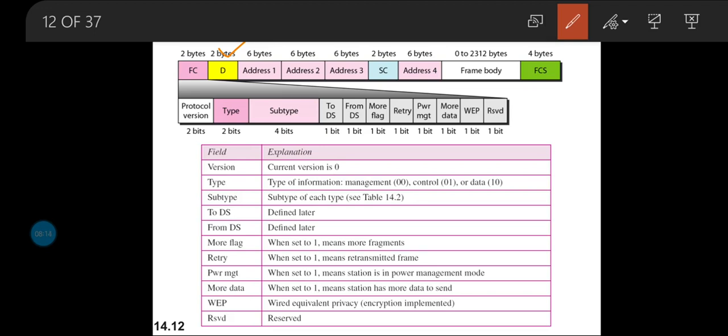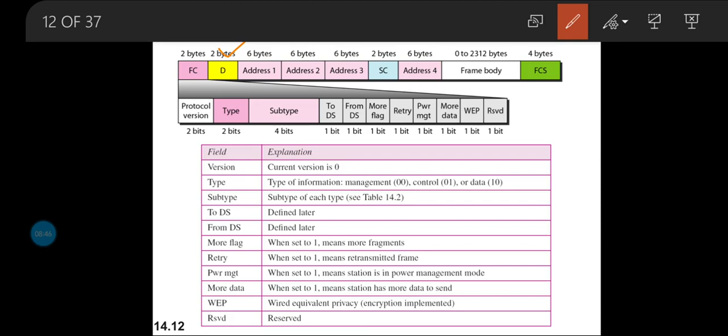If I want to say that my duration of time is 7 minutes or 10 minutes or 20 minutes, that is set by making use of these 2 bytes of space given in this frame. So in this control frame, this particular field defines the ID of the frame as well as the duration for how long the transmission is being done.